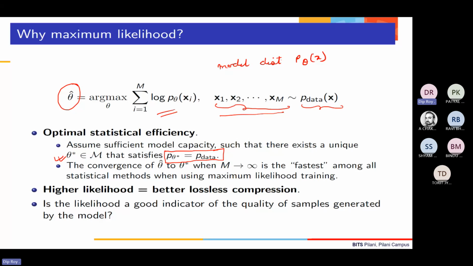So we assume that if we have a model which has sufficient capacity or is rich enough, then it is always possible to get to the true unknown distribution. And the reason why we use maximum likelihood is because